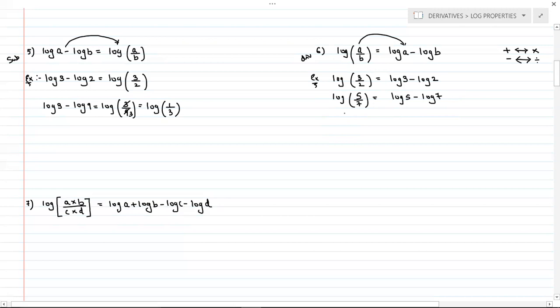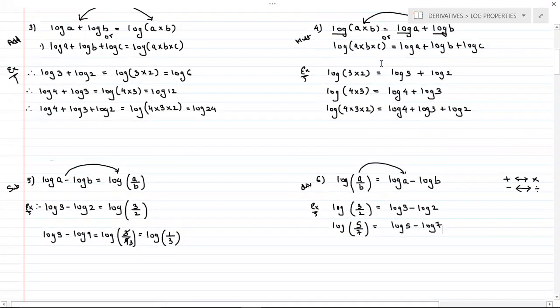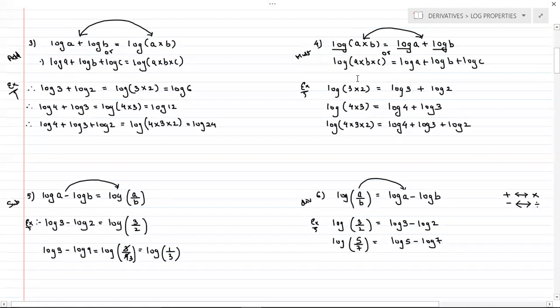So this is the formula number 5th and formula number 6th, or property we can say. Okay, so the fifth property, what we saw, subtraction will get converted into division, and here sixth formula is a reverse process. Division will get converted into subtraction. So these four properties are very, very important. Which one? Addition, subtraction, multiplication, and division. Okay, so these four properties will play an important role in the exercise. Okay, so you must remember the formula, the property, as well as the example also. At least one or two examples keep in your mind. Okay, so it will make the concept more easy.